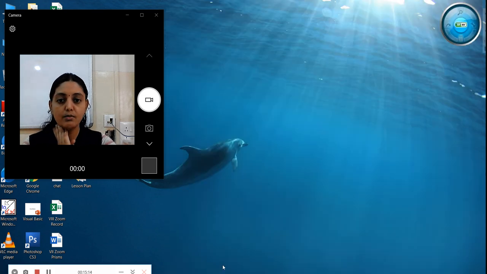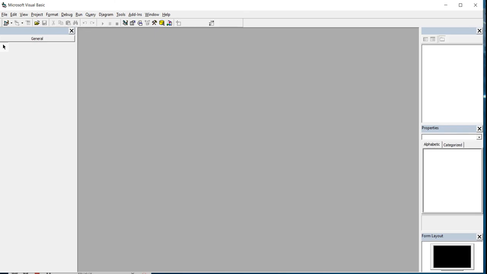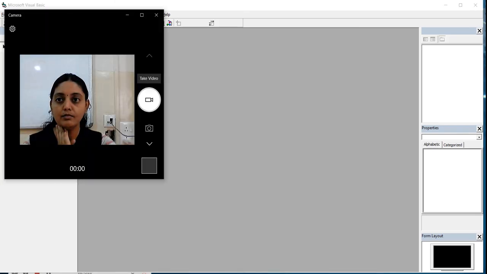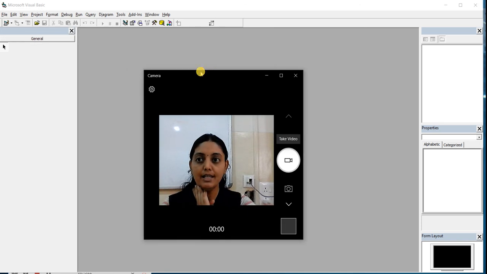Here is my Visual Basic which I have already opened. In this Visual Basic, this top is called the title bar. These are file bars. This is our general settings. Okay, now one by one we'll see the same.